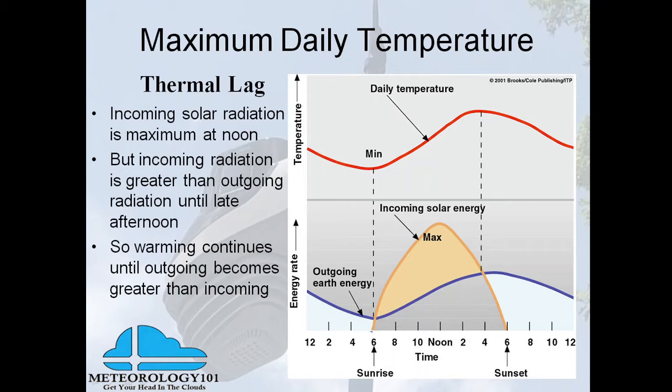Incoming solar radiation, how much is actually being absorbed by the Earth, re-emitted from the Earth, and back up to create that temperature change through the day. So when the sun is highest at noon, it has already moved past before that heat is absorbed and then re-emitted to create that temperature in the air. So incoming solar radiation is greater than outgoing radiation until late afternoon, and warming continues until outgoing becomes greater than